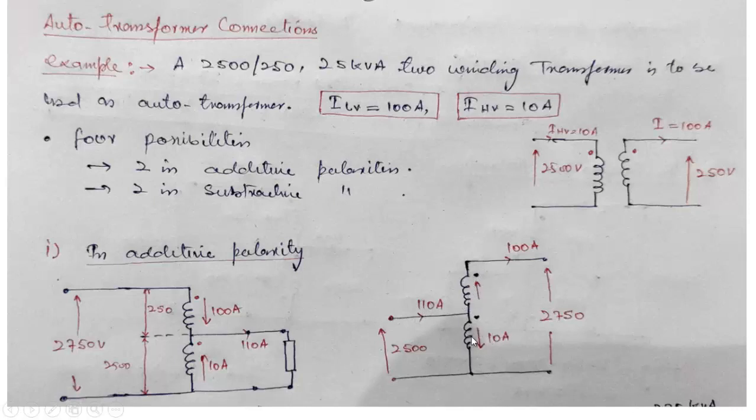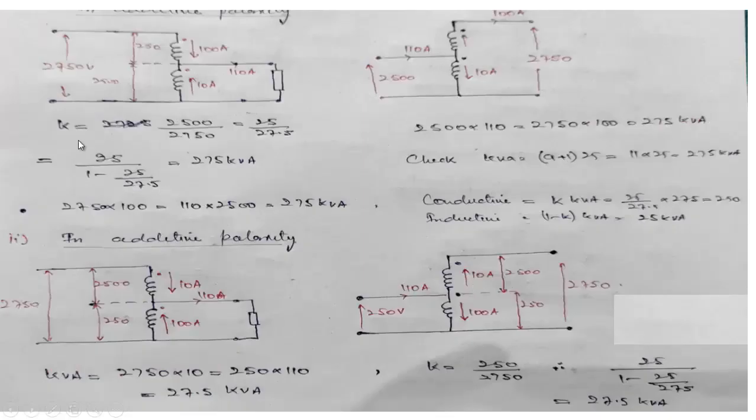High voltage winding has a rated current of 10 amperes. Now here K is equal to the low voltage side 2500 divided by 2750, that is 25 by 27.5. I have kept it as it is. So you can find out its